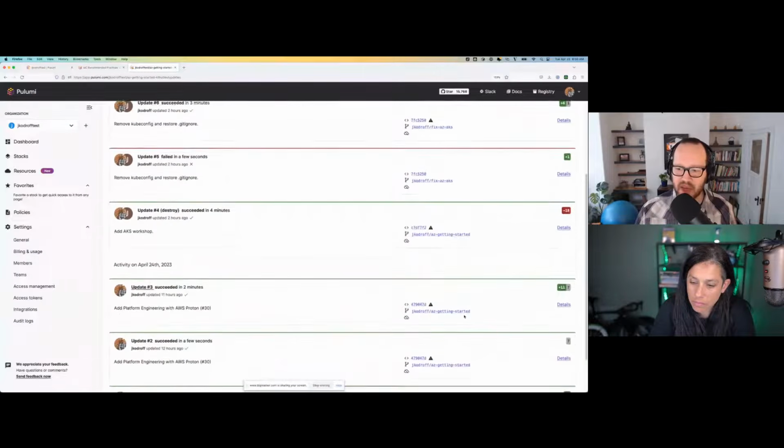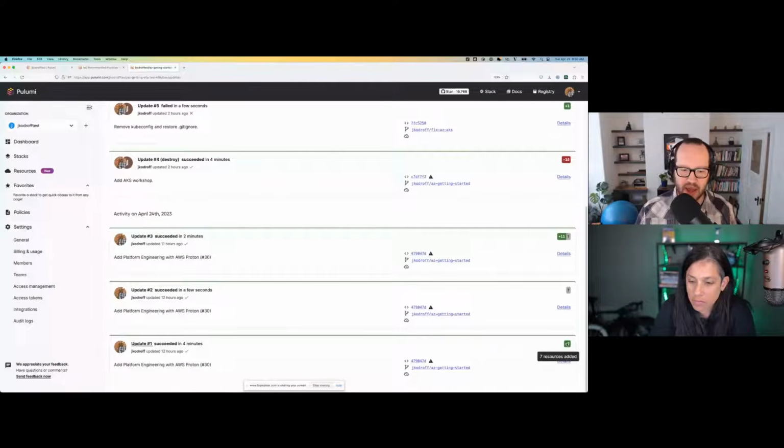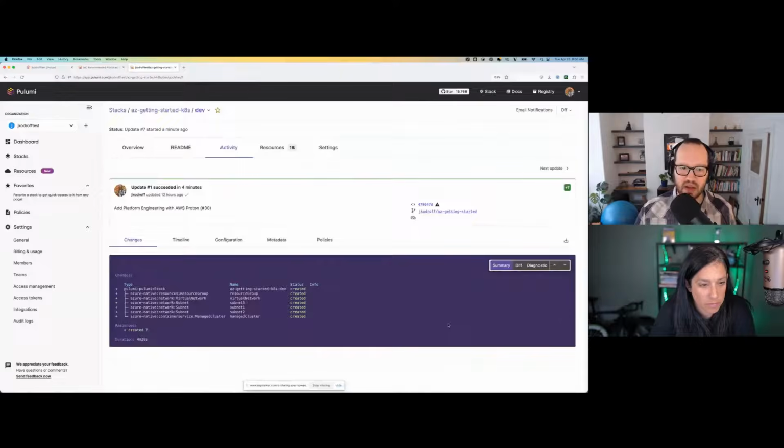In each update, you can see the resources that were added and removed. So we can click into the details here. This is when we ran this earlier, when we created the managed cluster. You can see how long it took to run. So getting that activity feed, that's really helpful, right? Because you can see who changed what and when, which is really, really important when you're tracking changes to production